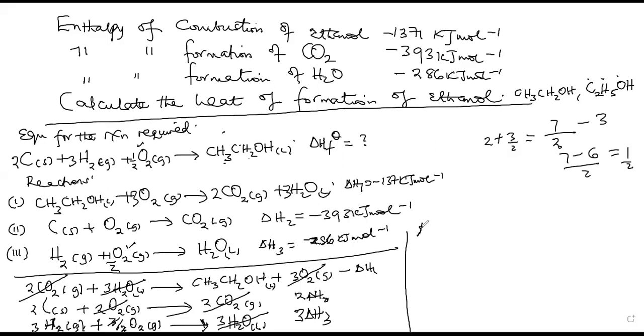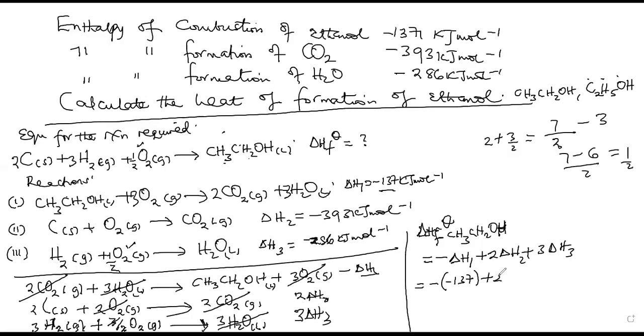So it would follow that the enthalpy of formation of ethanol is going to be negative DH1, where we interchange it from negative DH1, that is what we are beginning with now, because it's no longer DH3. Negative DH1 plus 2 DH2 plus 3 DH3. Negative DH1. DH1 is this. So it will be negative DH1, which is negative 137